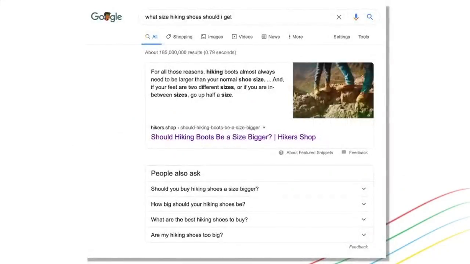I have a quick example here of what this looks like. These featured snippets are basically what these results look like when you're searching something in Google. If I ask Google this question, this content is coming straight from a blog post. I love seeing my answer like this. And as a consumer, that is very helpful too, because I'm getting this answer right away, it's easy, it's already found for me. I can now click onto this site if I want to learn more about it. And lucky for Hikers Shop, I am now a potential consumer because they also sell hiking boots. So as you can see, the blog is a great gateway into your site.